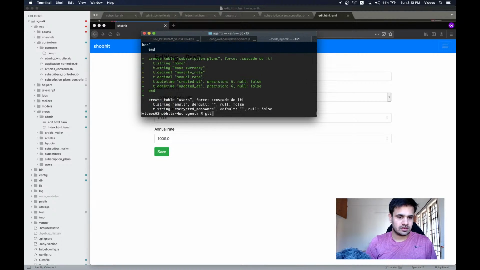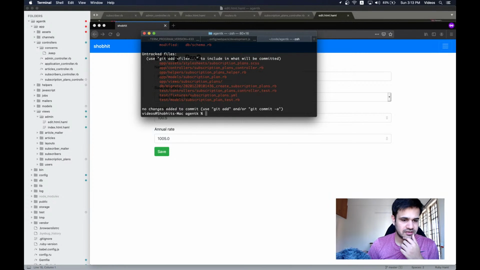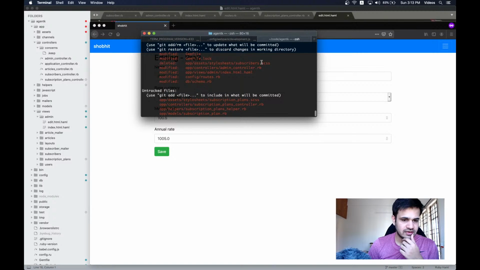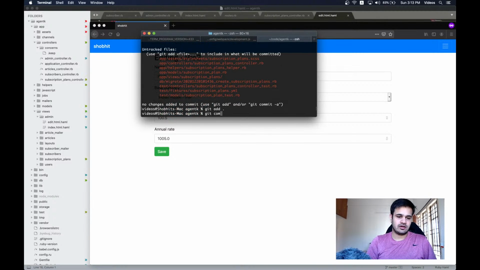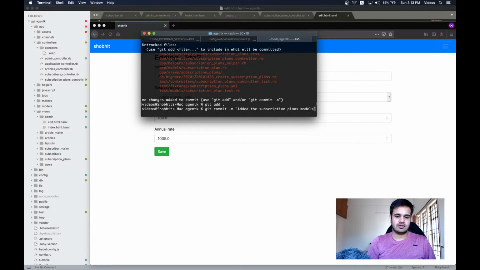Okay, and if I do git status, I see that there are subscription plans. So I think last time the only thing I did was creating a subscription plan. So I'll just do git add dot, git commit -m, added the subscription plans model and a way to change it,